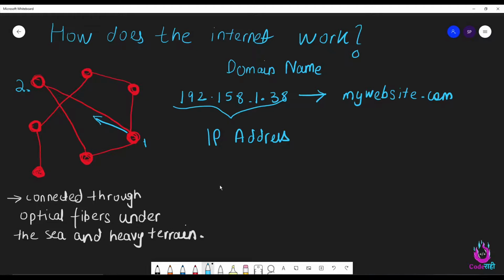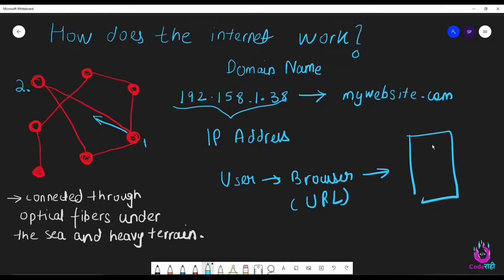Now let's take a look at a very common scenario where you are trying to access some kind of website. So what will happen is you as a user will use your browser and enter some kind of URL there. Let's say this mywebsite.com, and your browser will send a request to the data centers of this website and to access the files related to this website. But what will happen if you don't remember the address? Because your browser needs to know the address, the IP address of this data center,